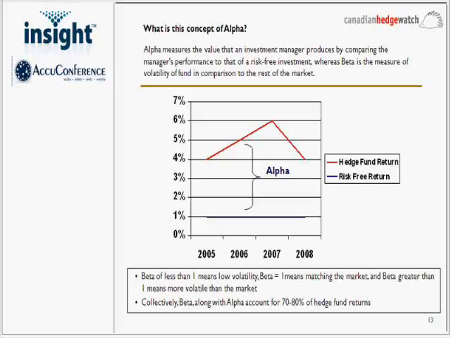So basically, when you hear a phrase like the manager produced a lot of alpha, it really insinuates that the manager has